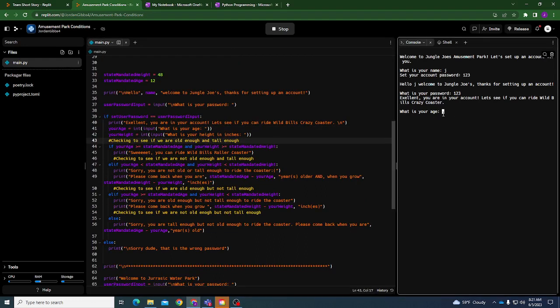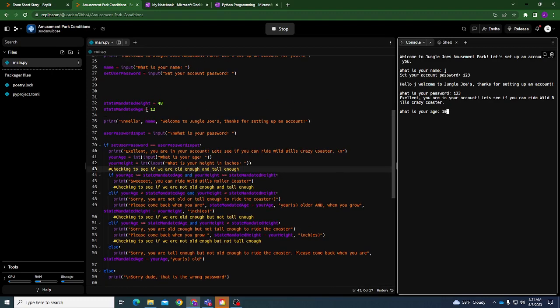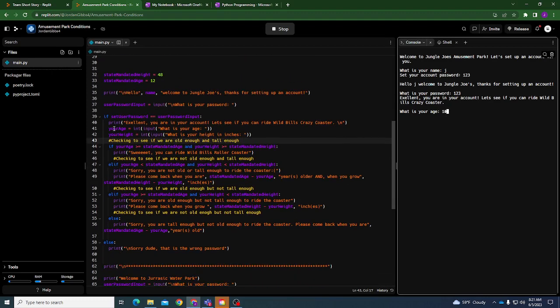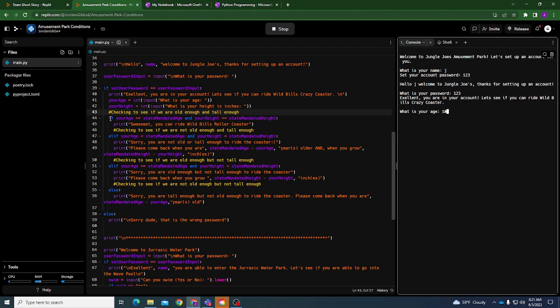So let's say our age is 10, but the state mandated age is 12. It says if your age is greater than or equal to the state mandated age and your height is greater than or equal to your state mandated height, sweet, you could ride the roller coaster.